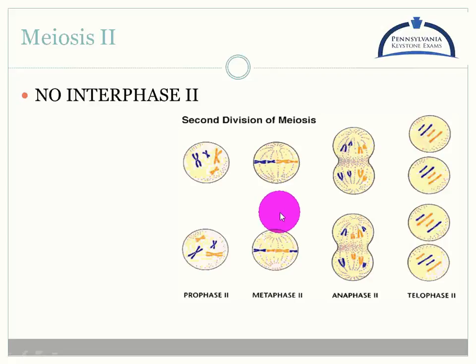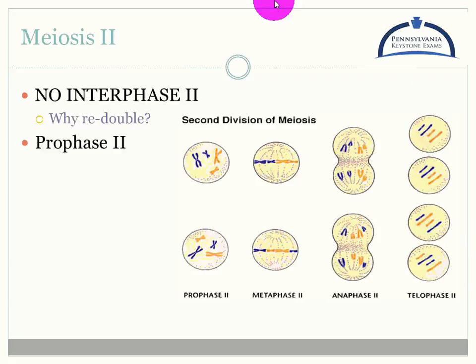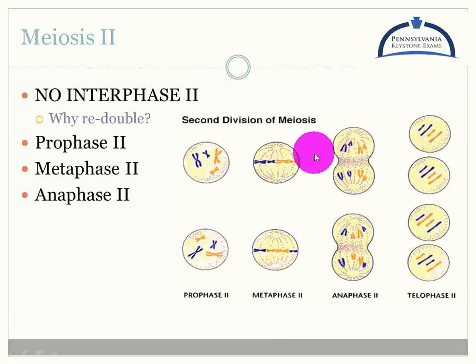And that's really important to think about, because in interphase we have that S phase, and S stands for synthesis. We don't want to redouble our genetic information. We want to cut it in half. So in our prophase, what's happening is those chromosomes are going to make a quick little prep, make sure everything's correct. Metaphase, they're going to line up right along that metaphase plate in the middle. Anaphase, what happens is those sister chromatids, the half of the X, split apart from each other, and then telophase, the end, they're moved far apart.